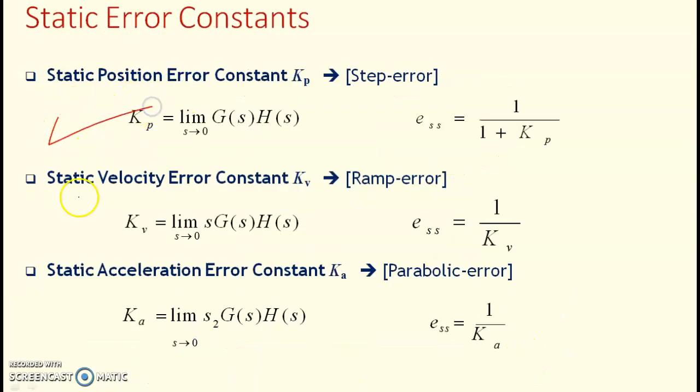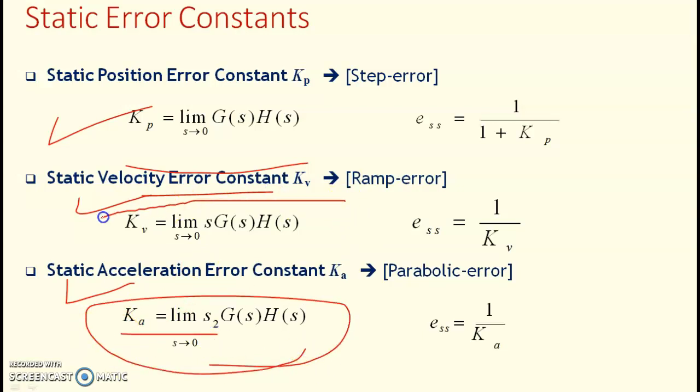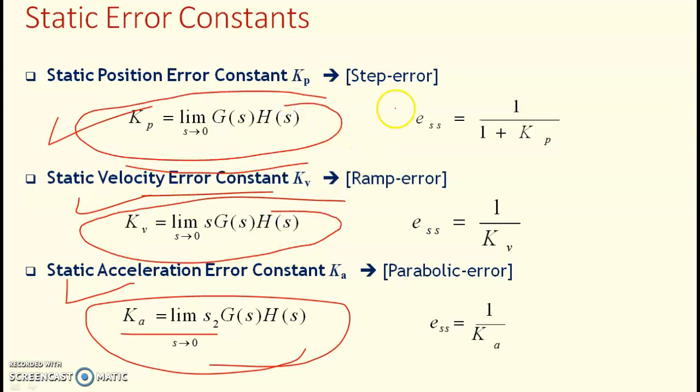So for the different inputs, what are the steady state error equations? So for positional error constant, then velocity error constant and acceleration error constant. These three are the different kinds of inputs for the corresponding time response: step, ramp and parabolic. For positional error constant, you have to consider the type of input as step input. For velocity error constant,